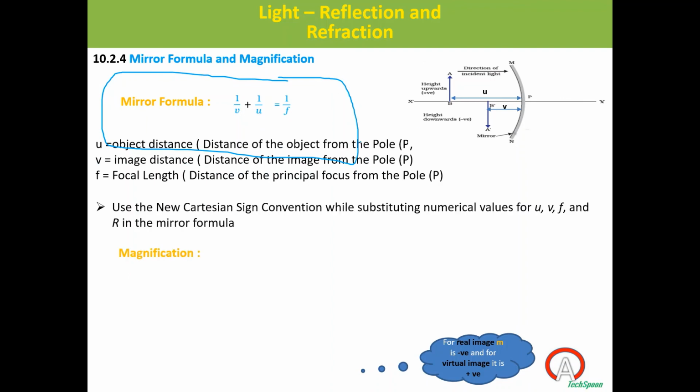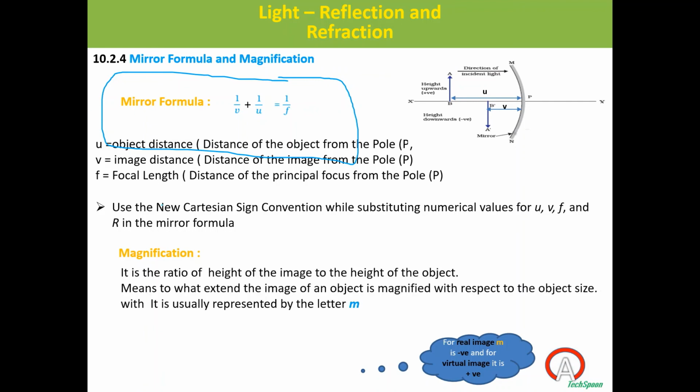Even though this is the formula, when you are doing the problem, you have to take the sign convention: whether v is positive, whether u is negative, whether f is positive or negative. For that, you have to compare with the previous discussion, what we discussed, how you find out whether v, u, or f is positive. You have to consider the sign convention that we discussed in the previous slide. So this is the mirror formula. It's clear to you, right? Next is magnification.